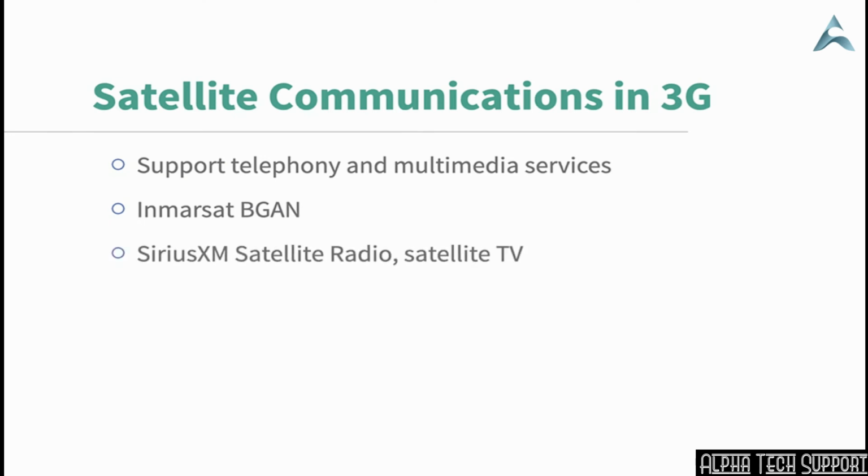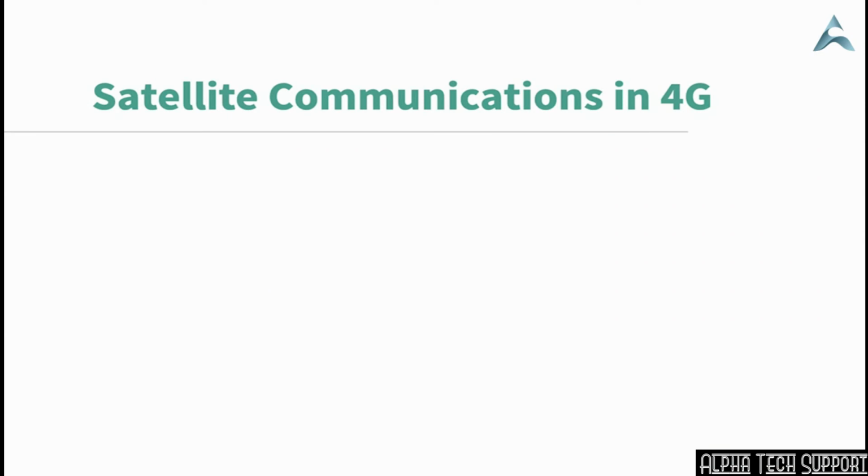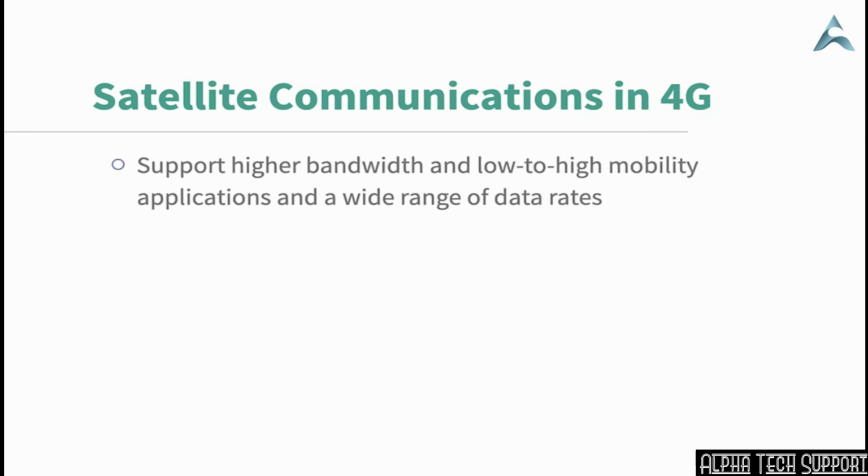Satellite radio systems such as Sirius Satellite Radio and XM Satellite Radio, which later became Sirius XM Radio, can support high-quality audio signals. Satellite TV systems also emerged around that time to support digital video signals. The integration of satellite network components into 3G and 4G has been made in the standardization efforts. The 3G technology, UMTS, also specifies the satellite UMTS systems, allowing satellites to provide direct access to UMTS networks. Compared to 3G, 4G systems require the support for higher bandwidth and mobility. And in the 4G standards, IMT Advanced,